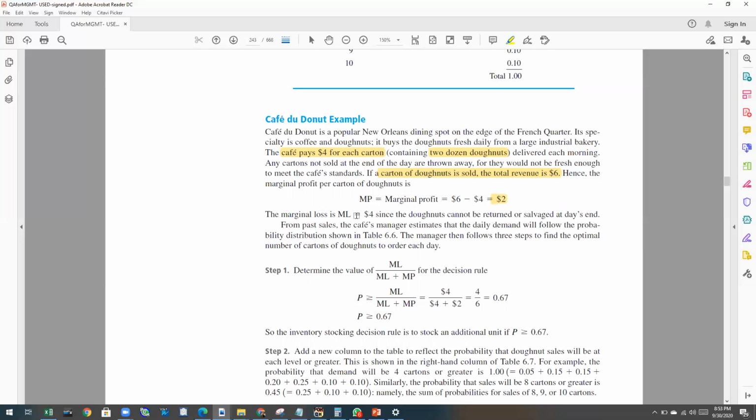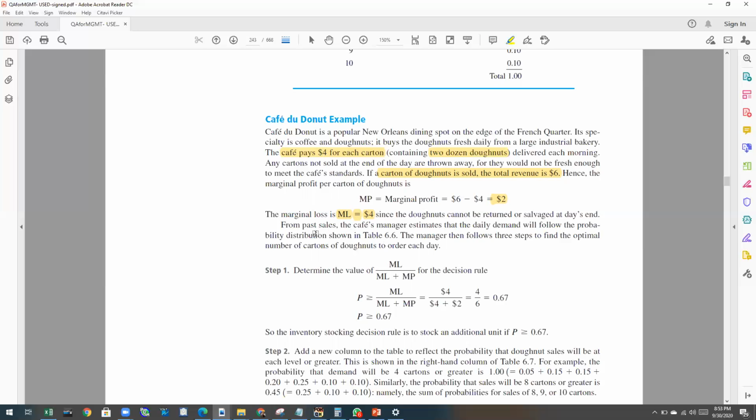The marginal loss: if a donut is not being sold, there is no revenue. They have spent $4 for each donut, and the marginal loss is $4, since the donuts cannot be returned or salvaged at the end of the day. Yeah, it's a marginal loss also